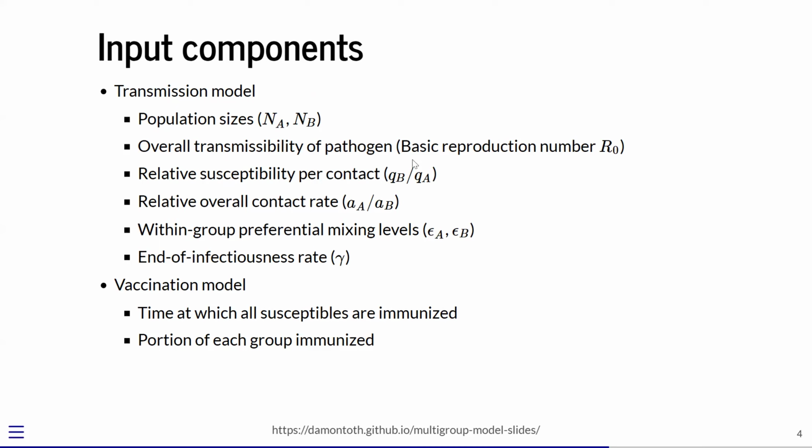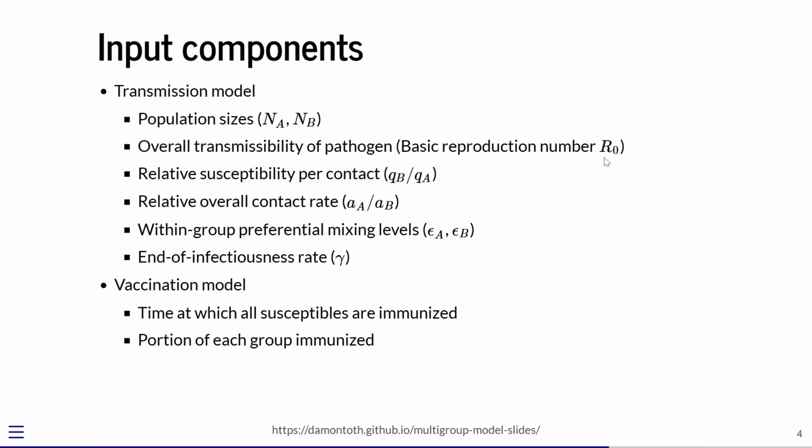Then we also input the overall transmissibility of the pathogen, which we represent with the basic reproduction number R naught. For an organism that causes an outbreak, that's generally bigger than the threshold of R naught greater than 1. But you can adjust that up and down to adjust the overall